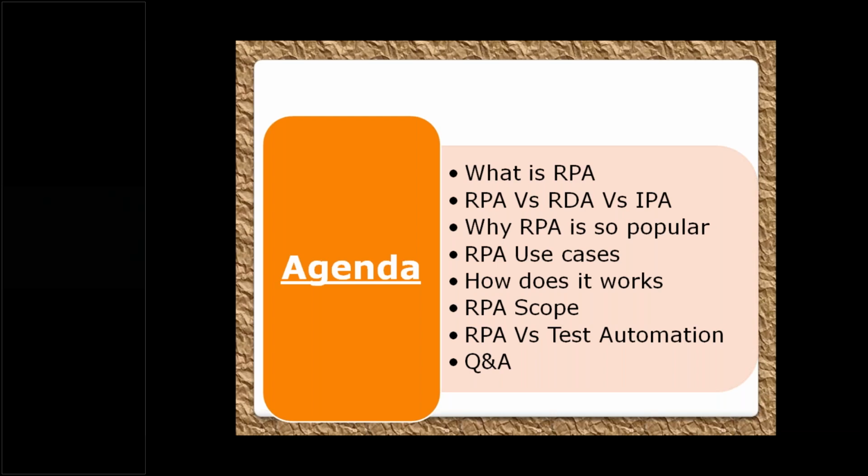Okay, that is RPA. Now RDA, robotic desktop automation, that is the attended automation, where the robot needs human intervention. Whatever task is done by the machine, it will do the task, and in between, whenever a human in the loop is required, it will transfer the control to the human. If I have to give an example, let's say the contact center industry, you call them and you say that